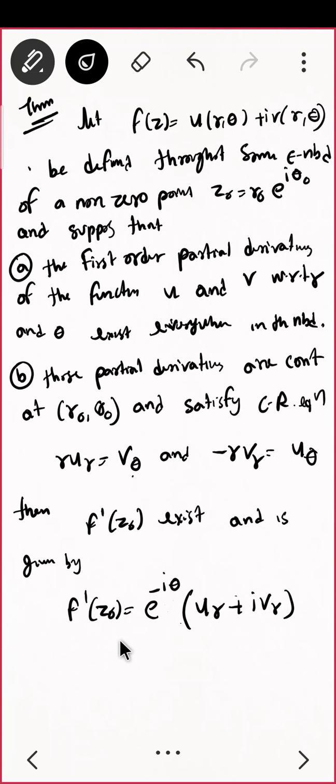So in this sufficient theorem, the right hand side should be evaluated at which point? r naught and theta naught. You need to understand, because if I am considering z naught, this is always a problem: once you start writing shortcuts, it is difficult to write that point. So you need to understand I am putting z naught here, so the value is evaluated at z naught. That's it.